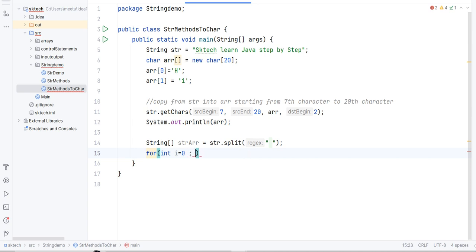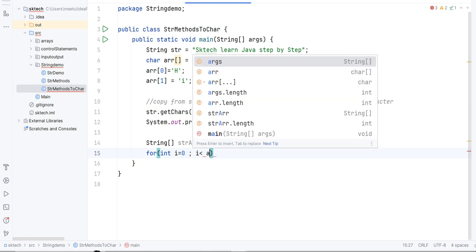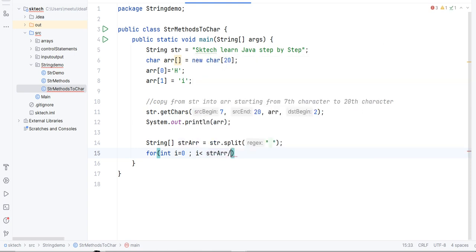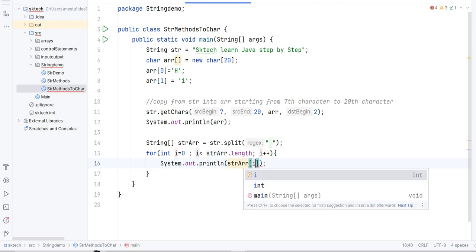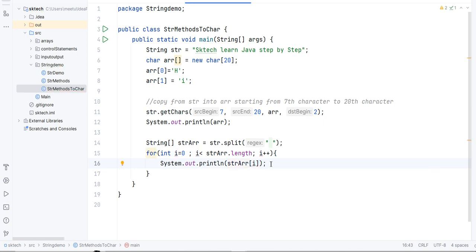So i is 0, i less than strArr dot length, there is a property called length that is going to give the length of the string array, and then i plus plus. And how can we print it? We have to write the statement println and then the string array of position. The position is going to be this i value only, so we need to provide i here, right? So let's run this program again and see the output.